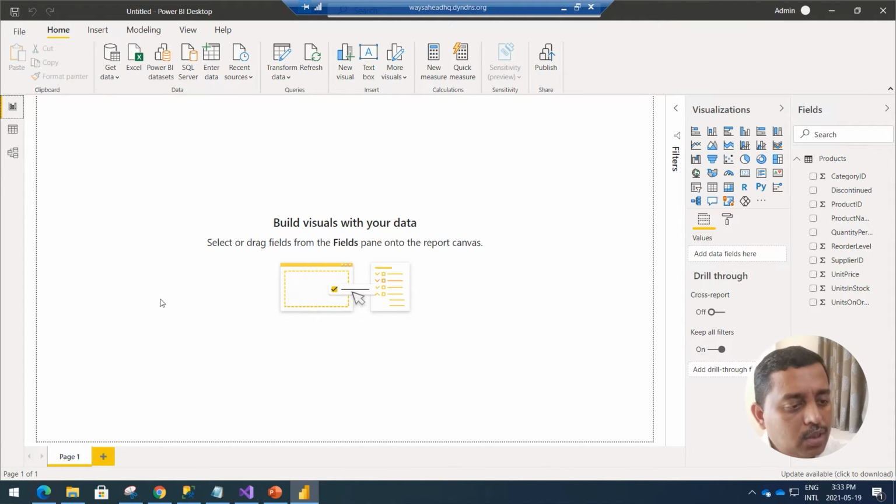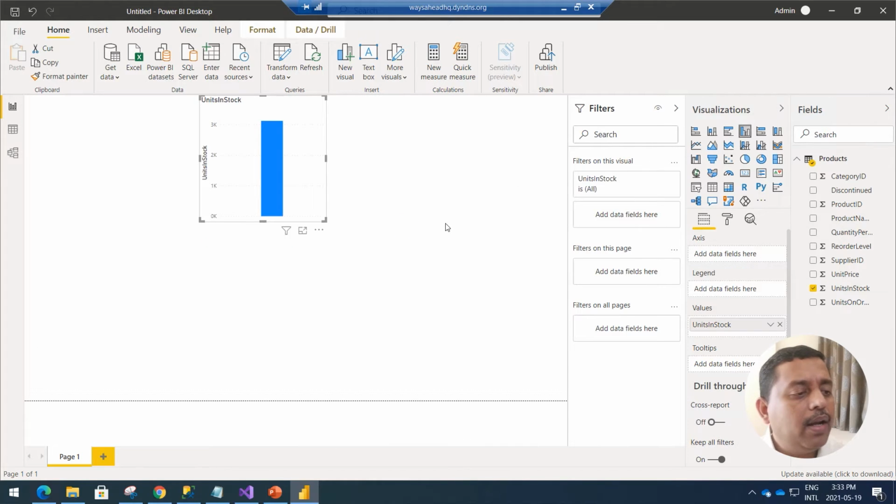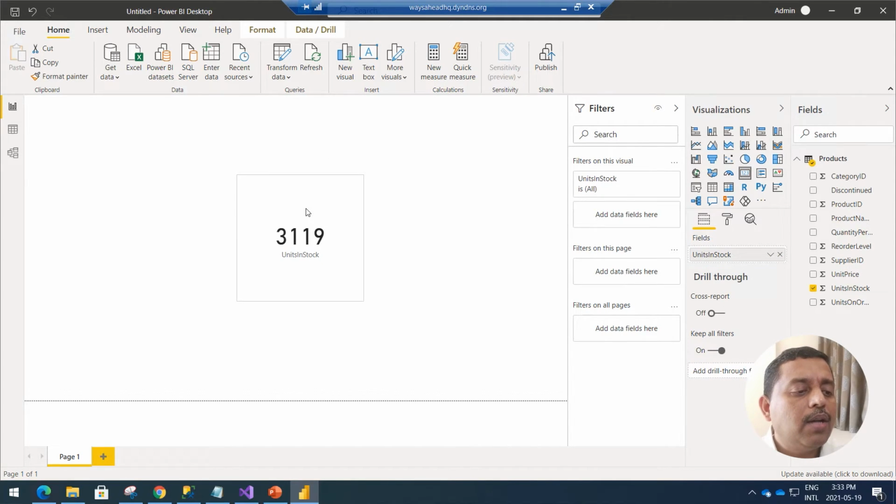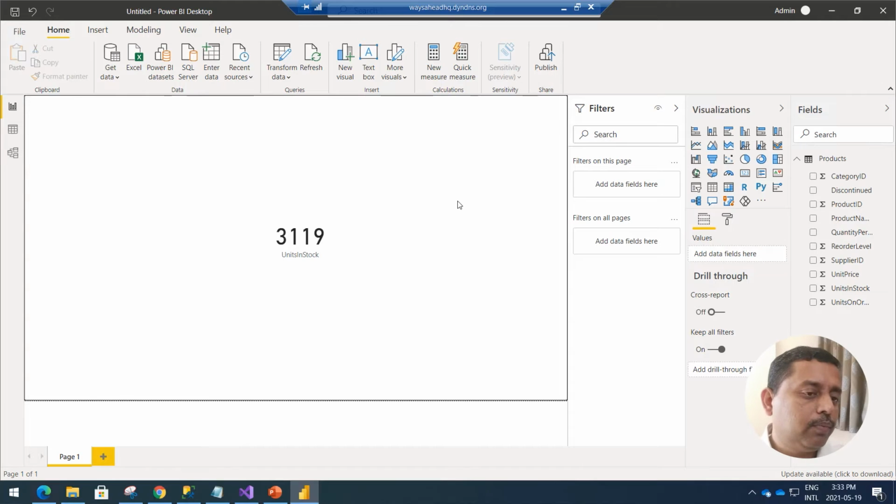So this is your first page. As I told you, this looks like a PPT, and I don't have to be a pro to work extensively with Power BI. Suppose I just want to see how many stocks I have in unit. I can just drag and drop it over here, and it will give me some numbers. Then if I click on this 1, 2, 3, which is a card, I should be able to see the number.